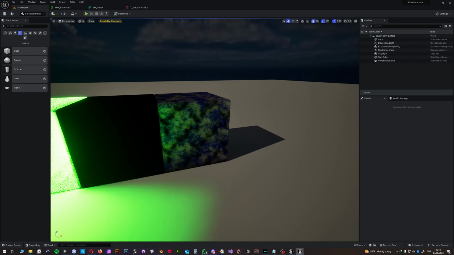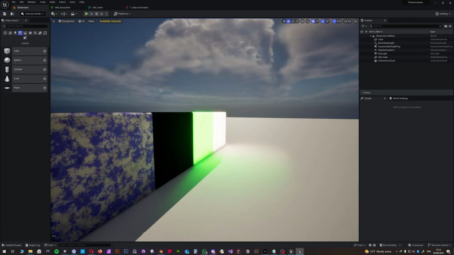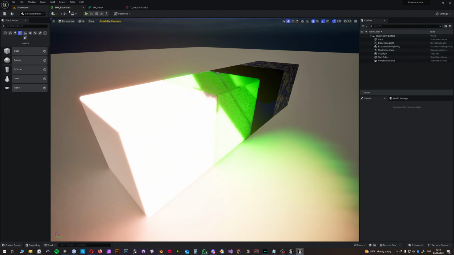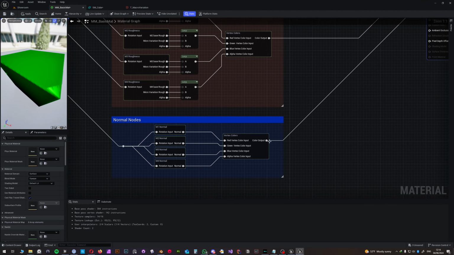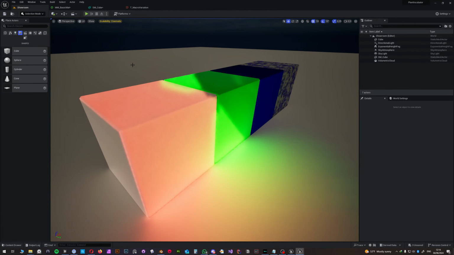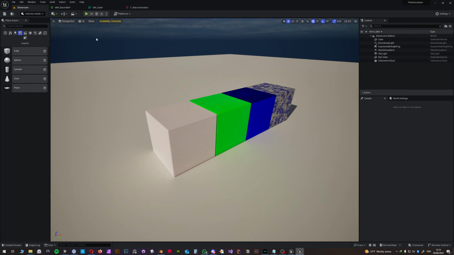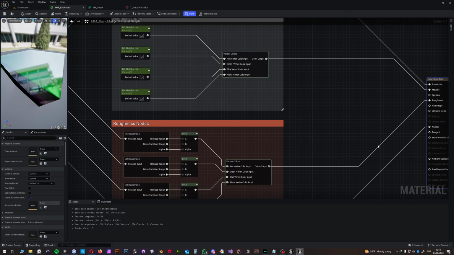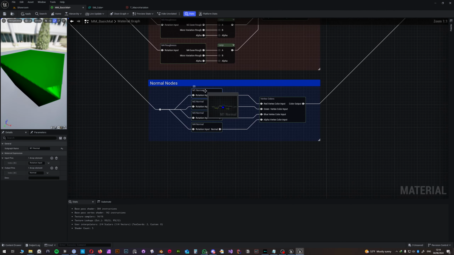Yeah, it's definitely the normal map that is causing these weird shenanigans here. Well, just to make sure, I'm going to apply. And it's gone. So it was indeed the normal map. So I need to use another normal map because that one is creating some weird